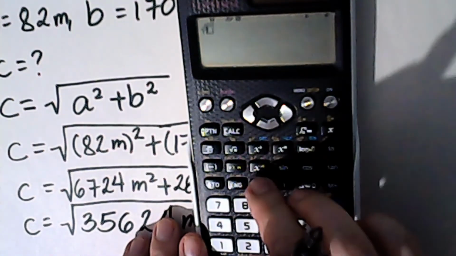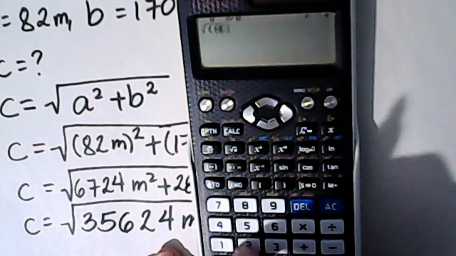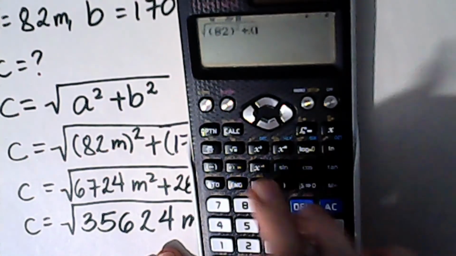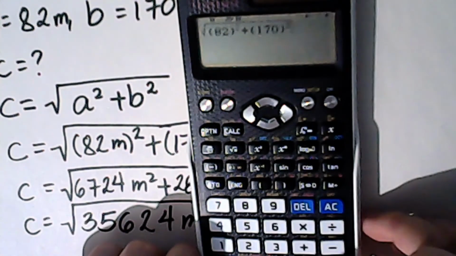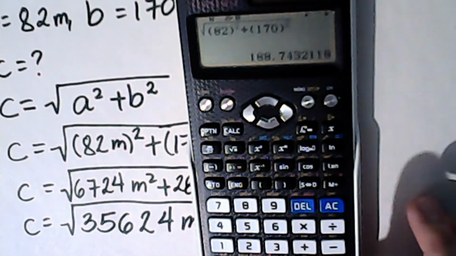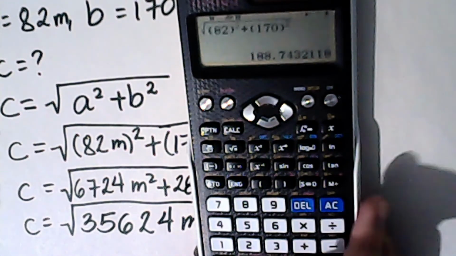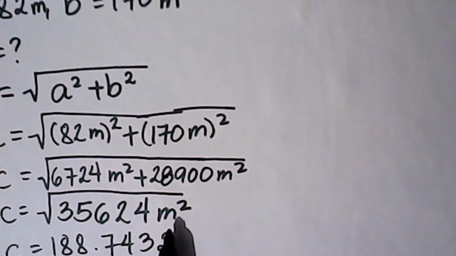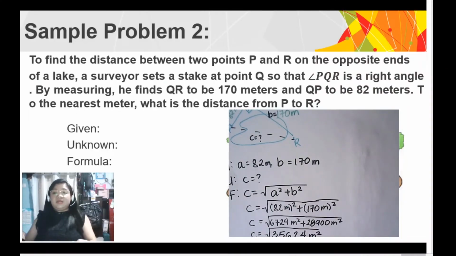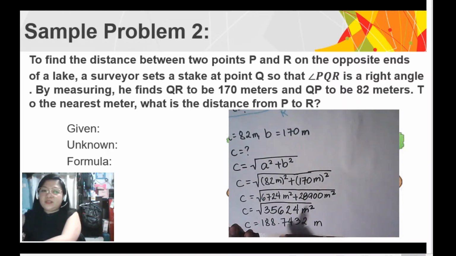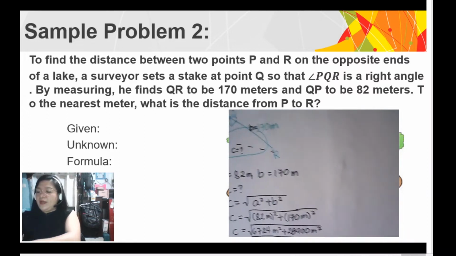So this is the square root of 82 squared plus 170 squared. We get 188.7432118. Since we are getting the square root of this, we can also get the square root of m squared. The square root of m squared is m. Our question is asking for the distance to the nearest meter. We have to round off 188.7432 to the nearest meter. Okay, our answer will be